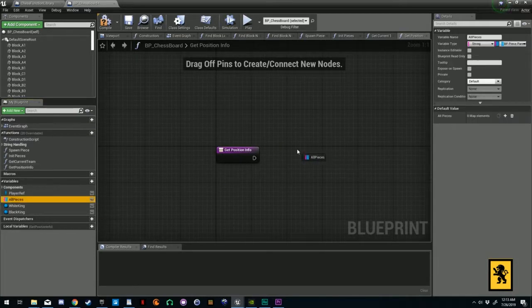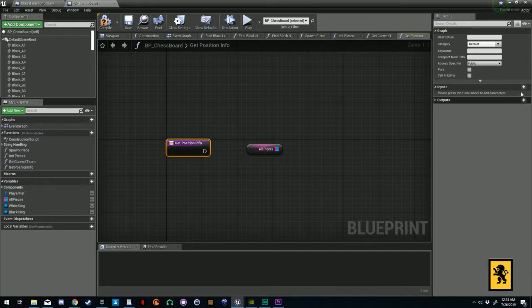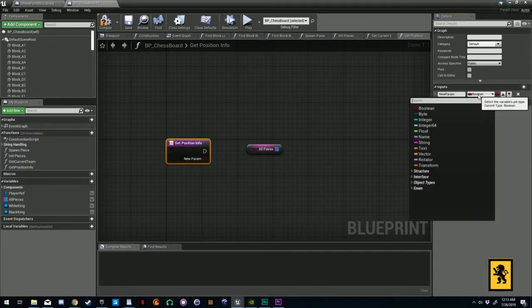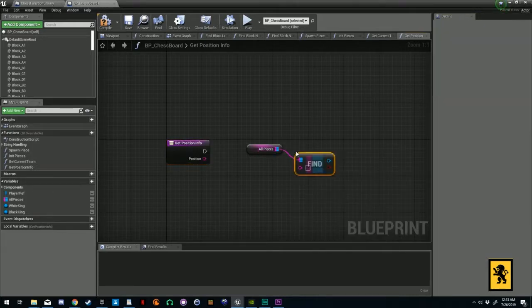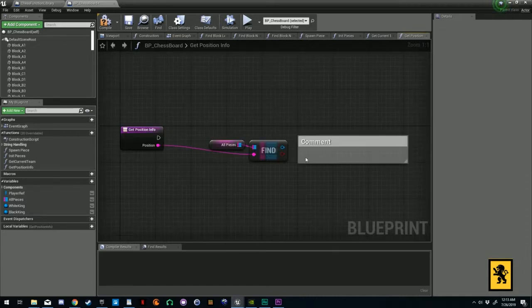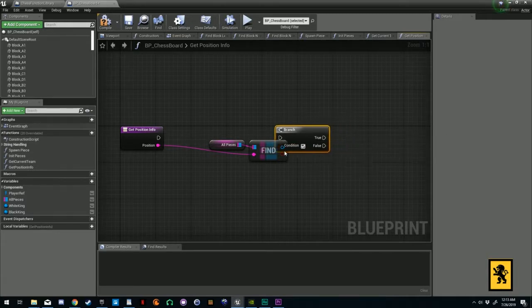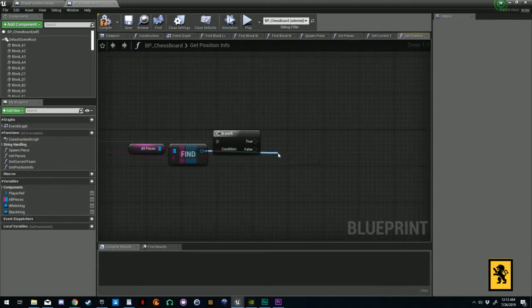So get position info. We're going to grab all pieces. We'll get a position input, string position. Going to find. Okay. And then if found, we're going to check and see if this is valid. And then if it's valid,